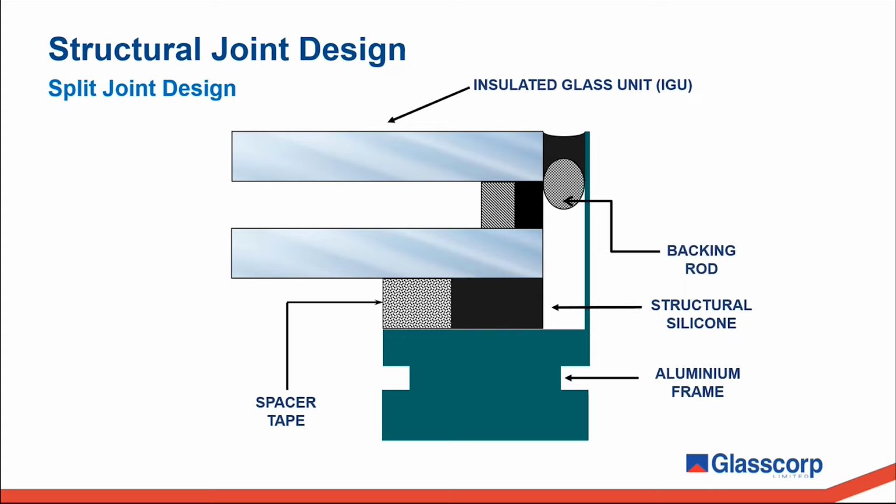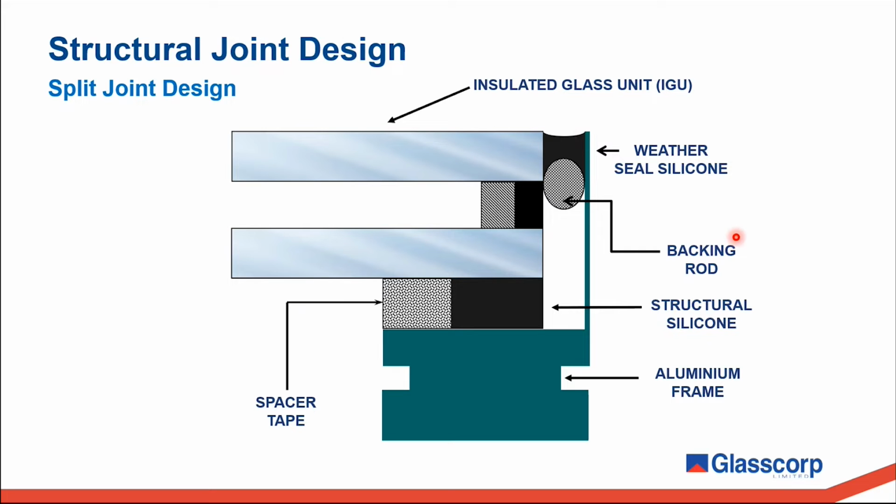Next, you have your backing rod. We supply polyethylene backing rod, over the top of which you have your weather seal. In real-world application, it's quite common for the same product that's being used as the structural silicone seal to also be used as your weather seal. Now, the reason we call this a split joint design is because the structural joint is separated from the weather seal